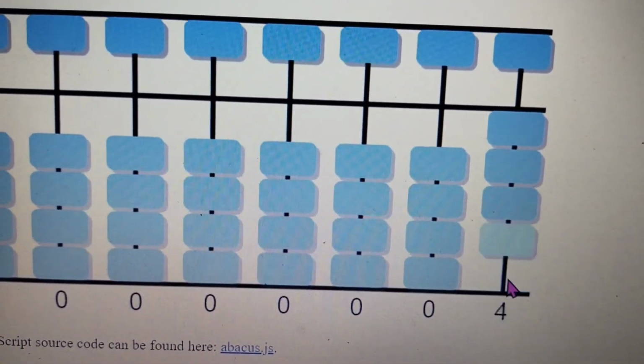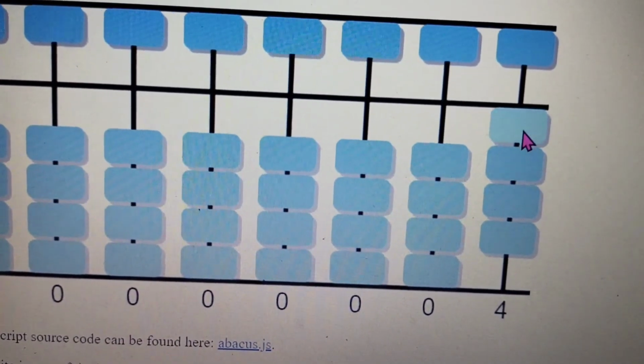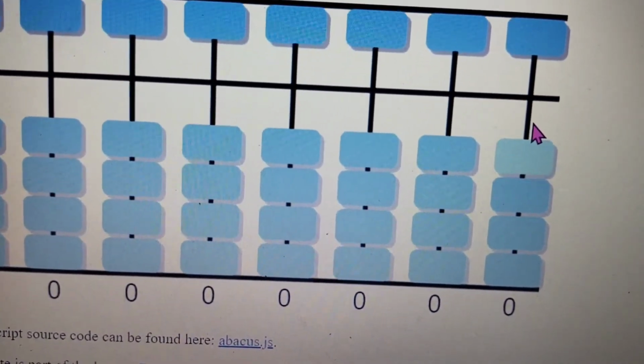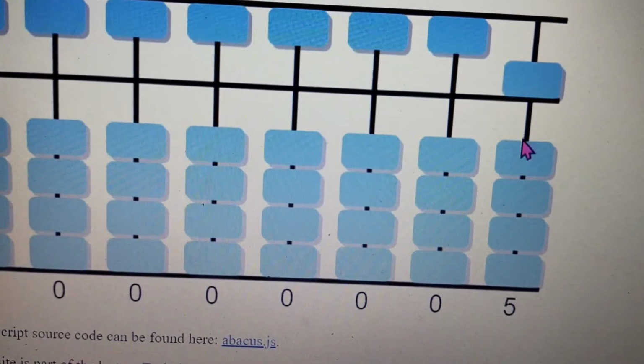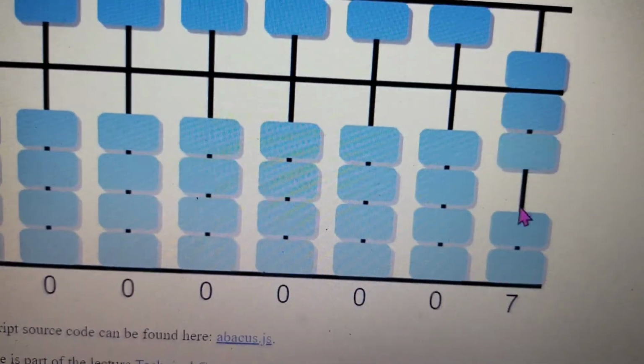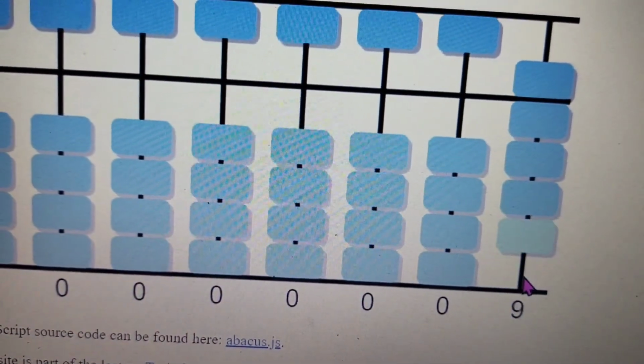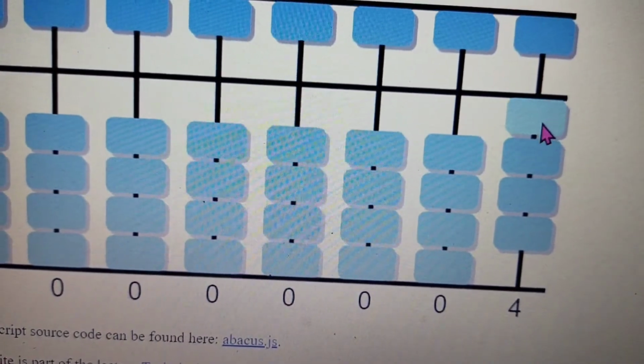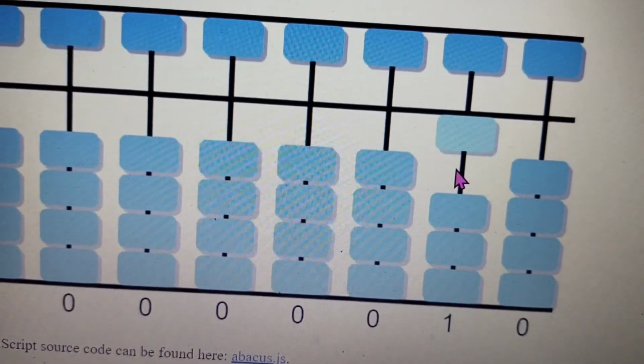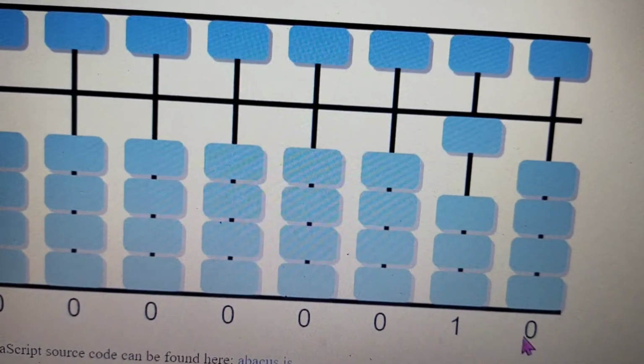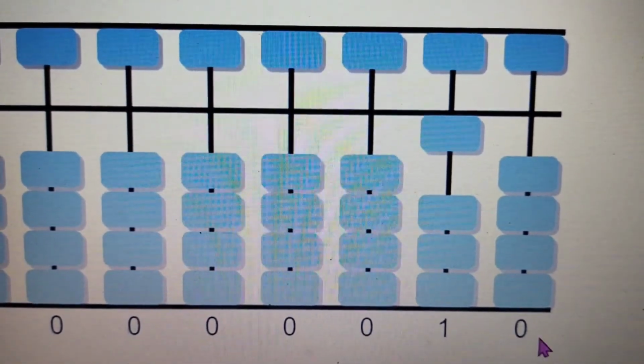2, 3, 4, and once you click the upper one, it all will come back. So it's 0 again, and 5, 6, 7, 8, 9, and now we have to put them back, and this is 1, 0, 10. Can you see the lower digits? The value is changing here.